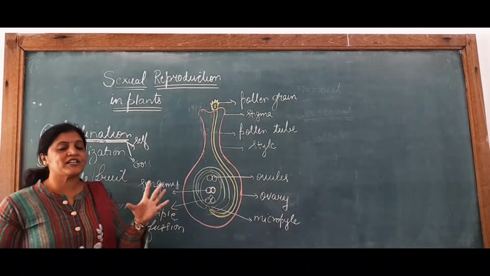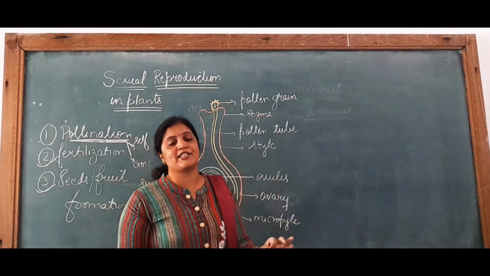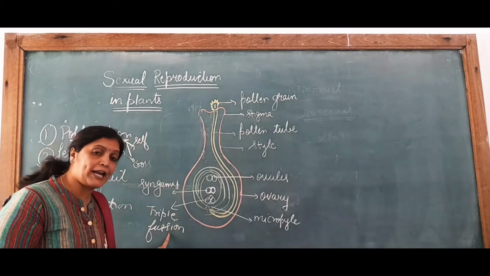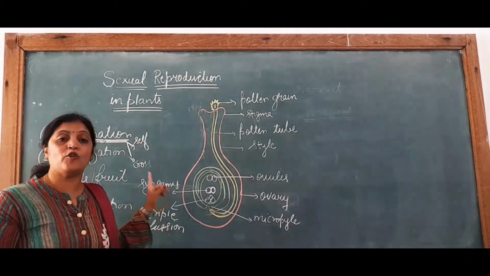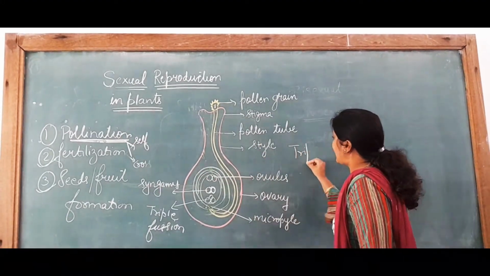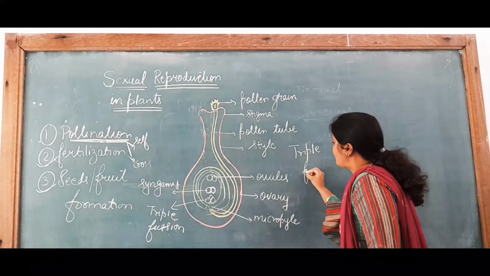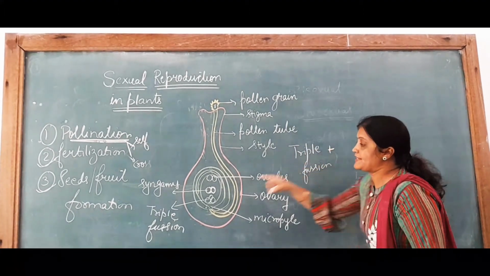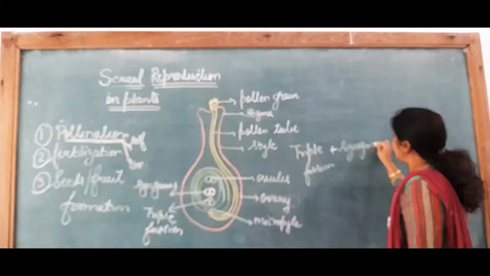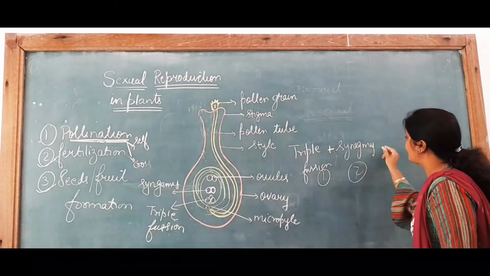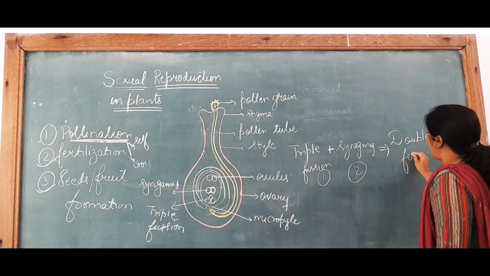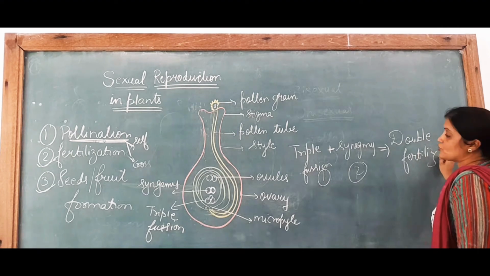In the exam, the question can ask how dual fertilization takes place in a flower. Explain it. So how will you explain? You will explain the triple fusion and you will explain syngamy. What is the summary? One time fertilization on the poles, triple fusion, and the second time in the center, fertilization takes place, which is called syngamy. So in plants double fertilization takes place. This is the answer.